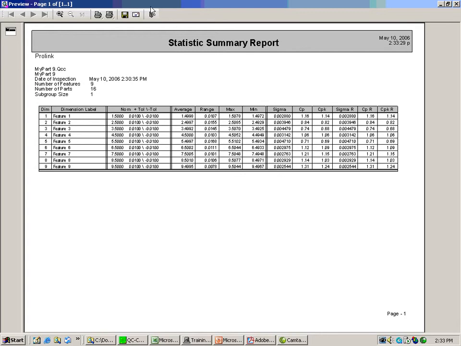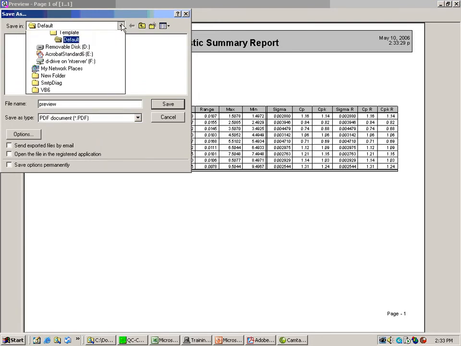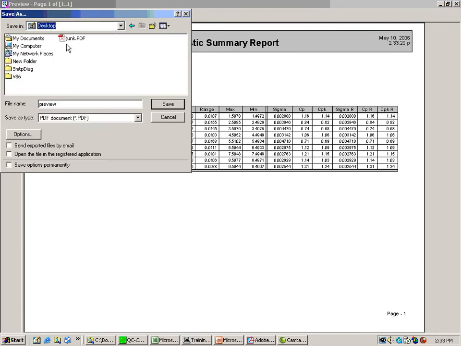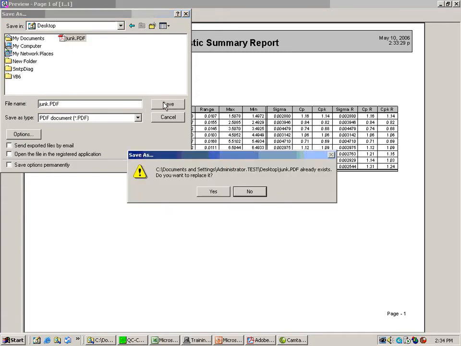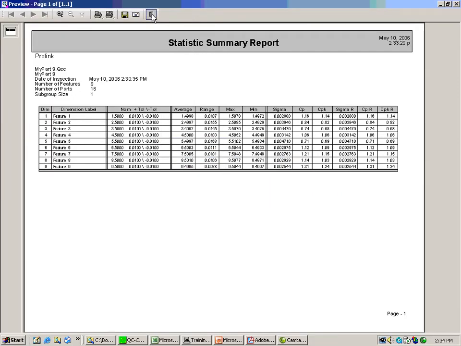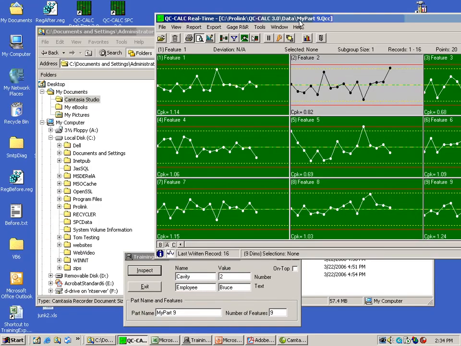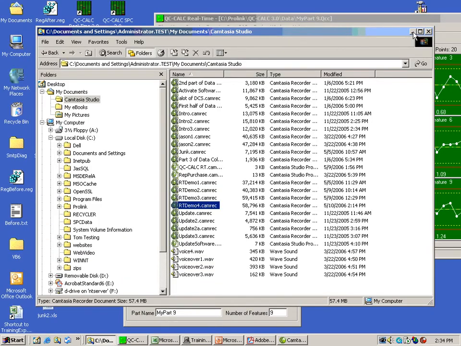If you wanted to save this right now as a PDF file, you could just click the disk, select PDF as the format, select the desktop. I'm going to pick junk because I see one's already there. Click save, and I'll say yes, overwrite it. And now what you'll see on the desktop is a PDF called